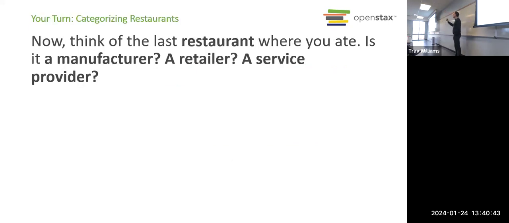Okay, we've talked about manufacturing, retail, and service companies, right? So think about a restaurant. How would you classify a restaurant? Manufacturer, retailer, or service? Depends on the restaurant. I heard all three. Okay, it could be all three, right? Because they manufacture the food, right? Even if they didn't manufacture the raw ingredients, they took those ingredients and turned them into the product that you're buying, the meal. They might just sell loaves of bread or jars of jam, right? So they might act as a retailer.